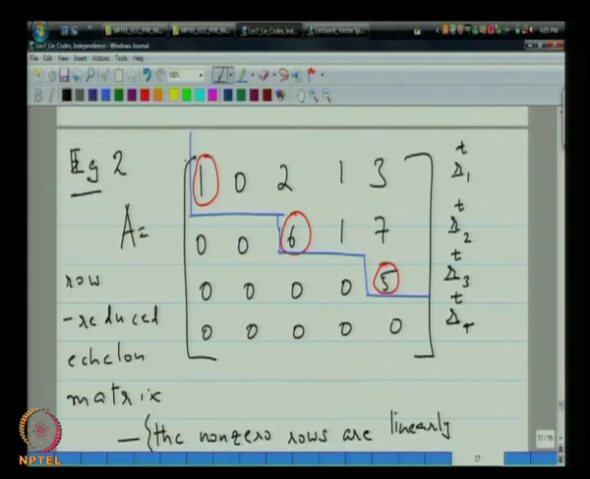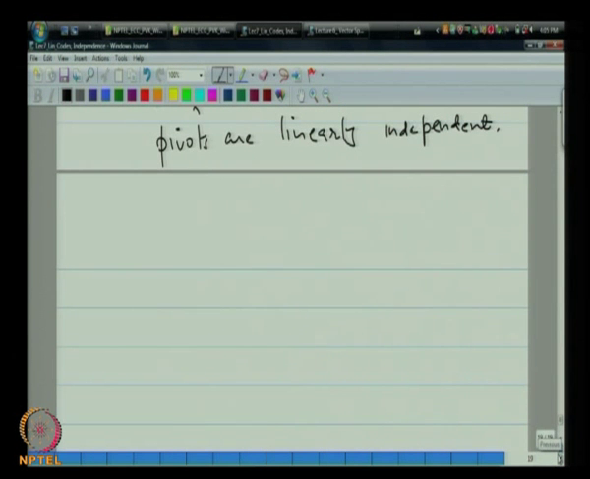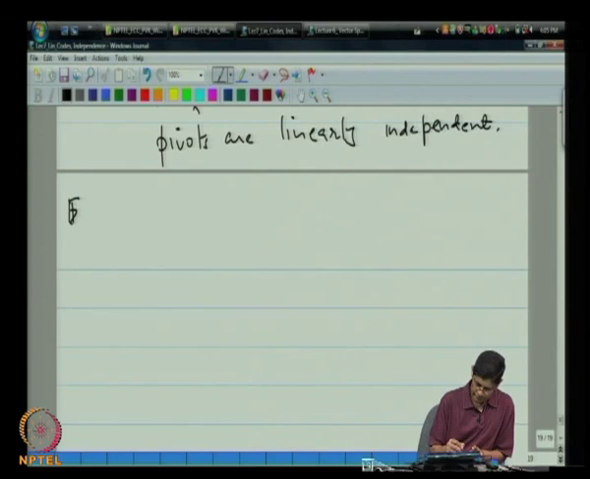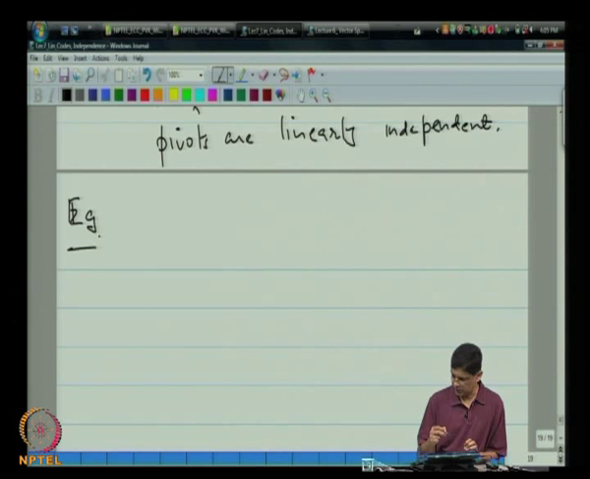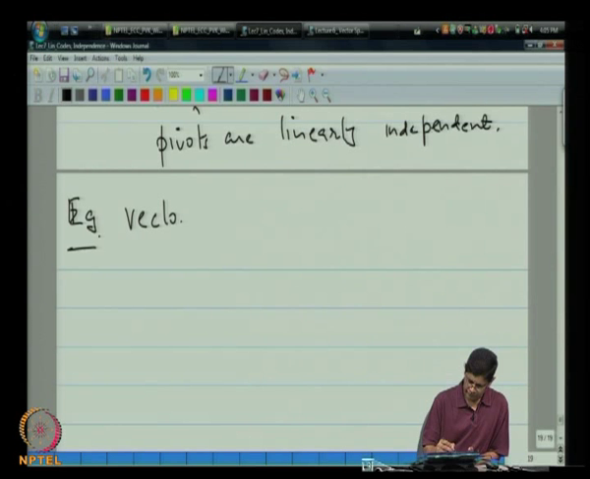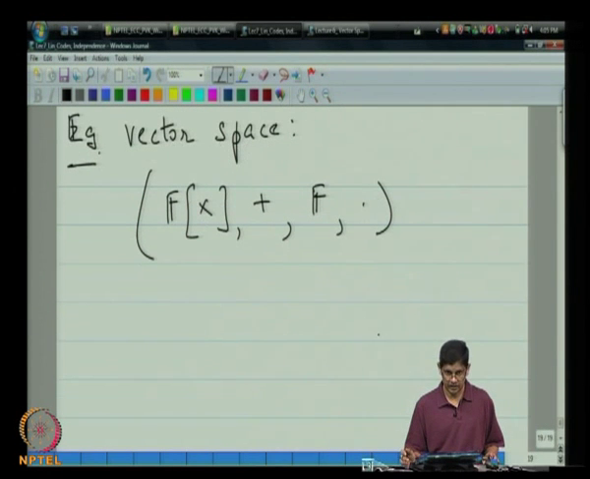A third example will look at another different structure. So, example 3, and by way of this example I will bring back the collection of polynomials that we encountered earlier. So, the setting for this example is the vector space of polynomials over the field F. So, this is the setting,